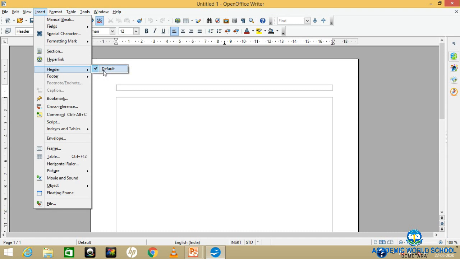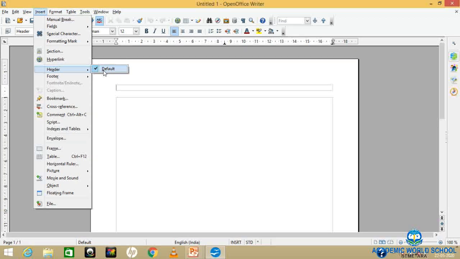Suppose you write the chapter name, word processor; this word processor will appear in all the pages. Suppose you have taken 5 pages, so in each page you will find the page number given and the topic name given. So this is default.